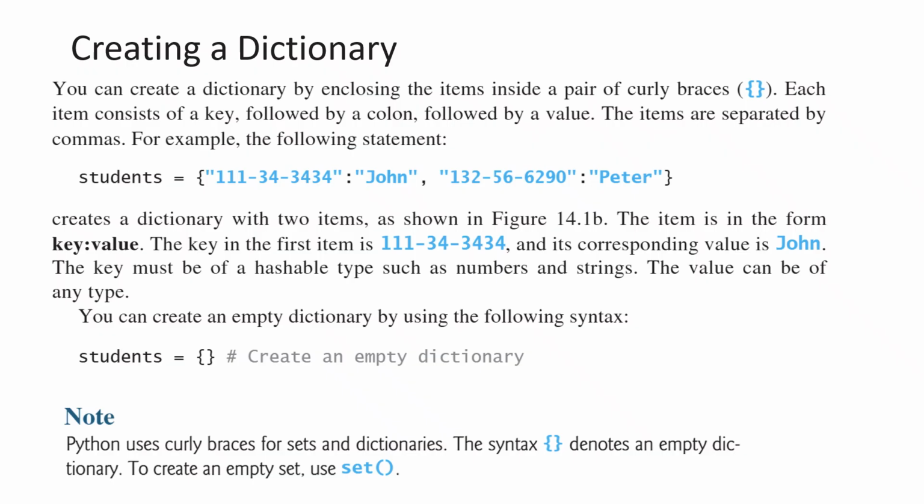You can create an empty dictionary by using the following statement: students is equal to empty curly braces. Python uses curly braces for both sets and dictionaries. The syntax of empty curly braces denotes an empty dictionary; to create an empty set,